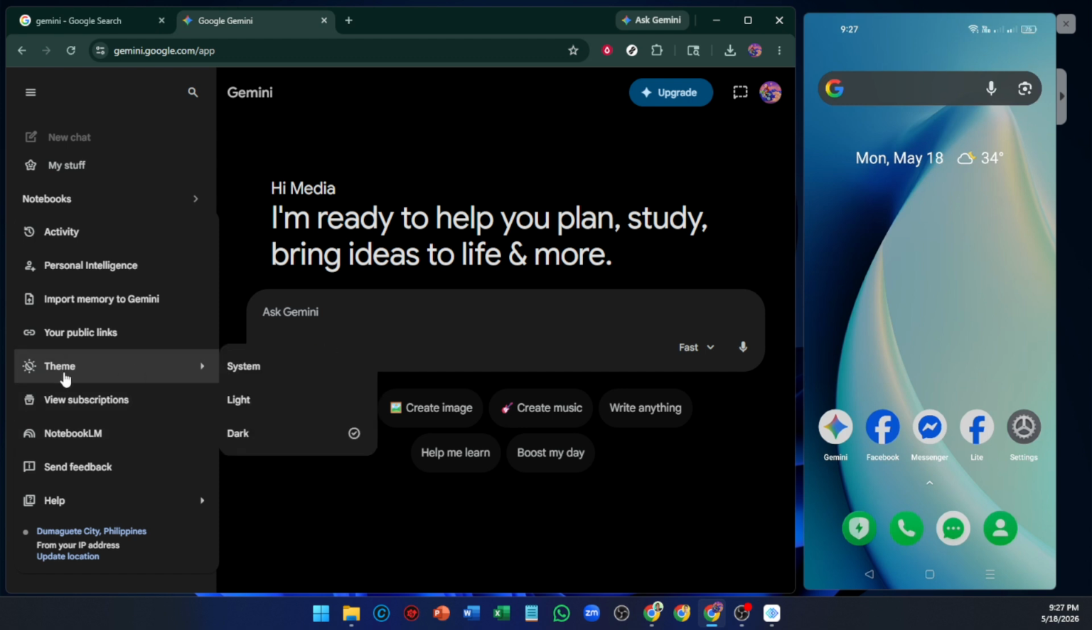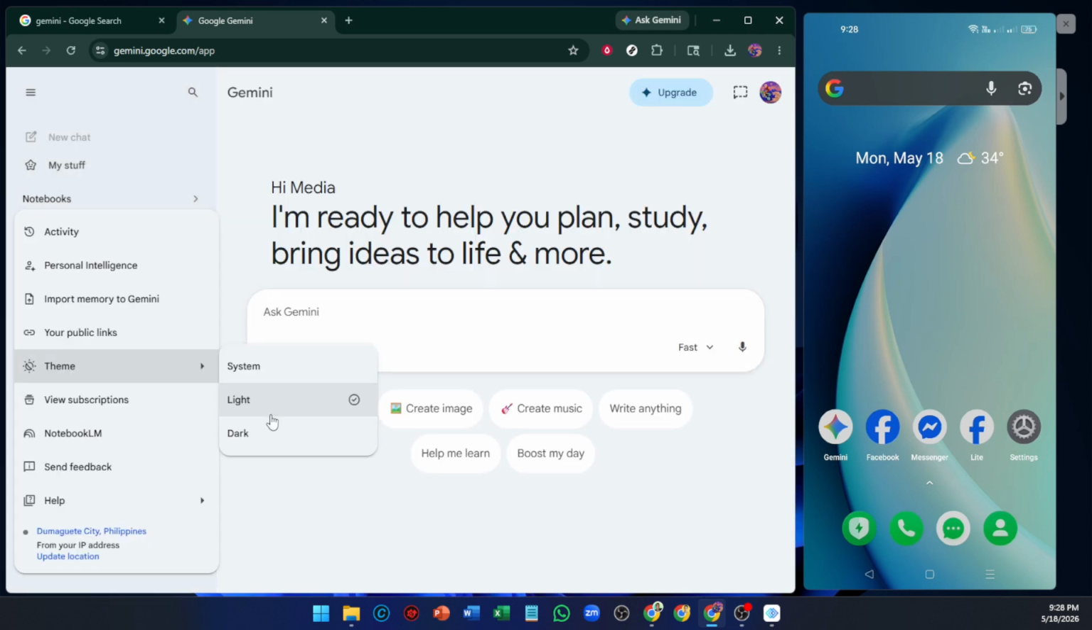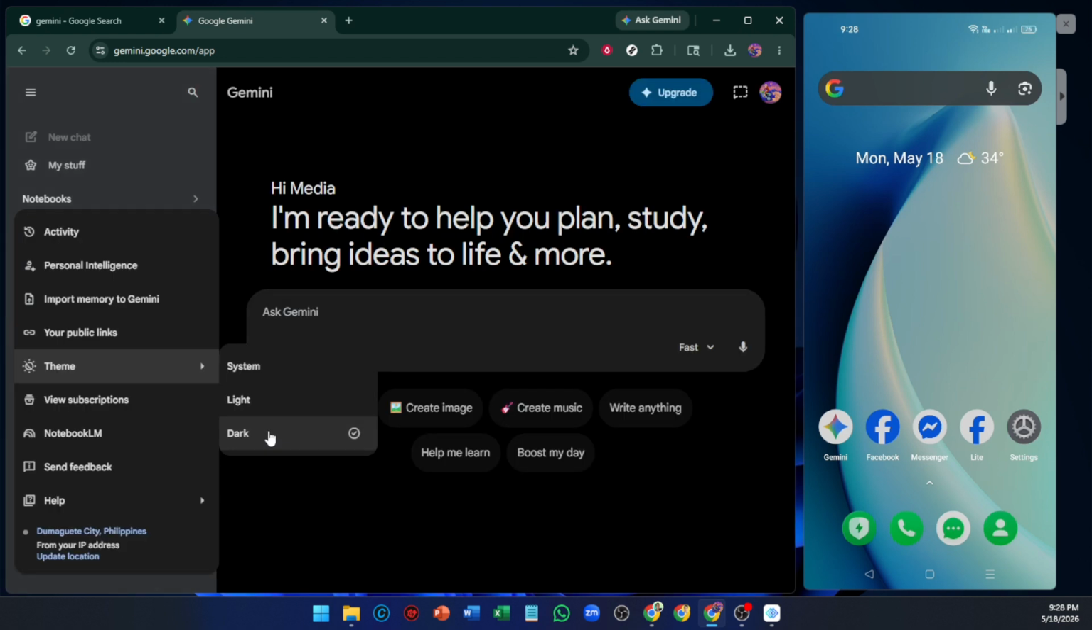Now choose Dark to enable dark mode. The change should apply instantly across the Gemini interface. Backgrounds will turn darker, text will appear lighter, and the overall contrast will be adjusted for low light comfort. Many people find this reduces eye strain, and on devices with OLED screens, it can also help conserve a bit